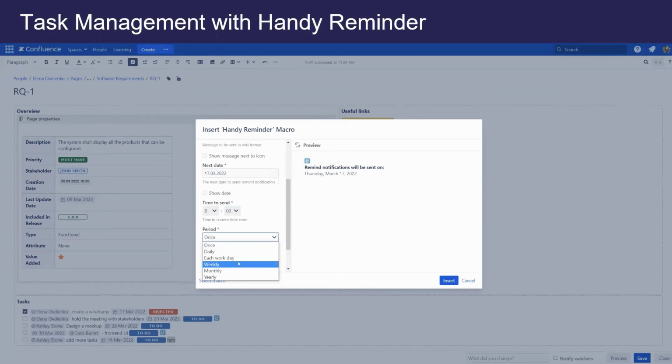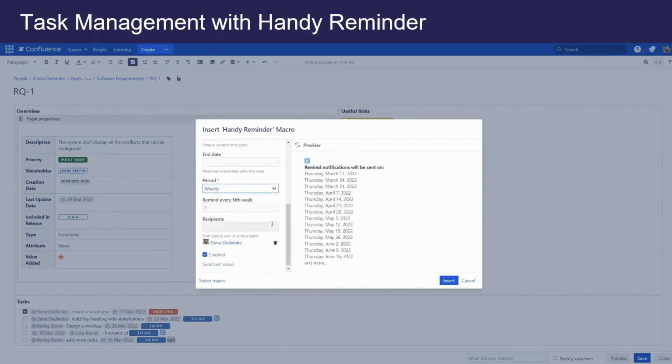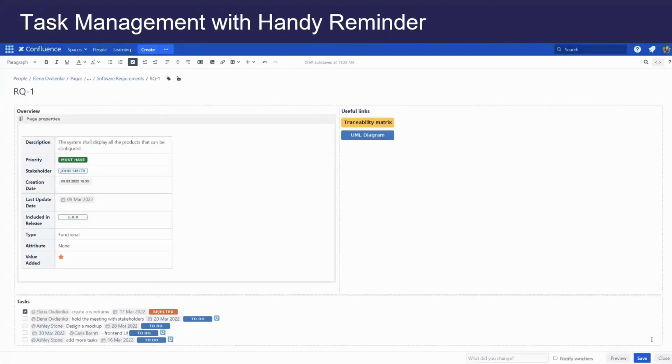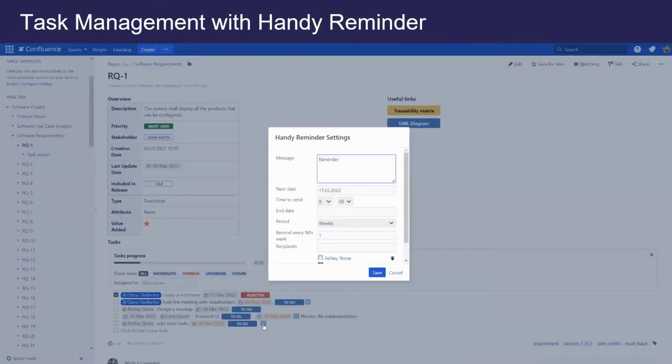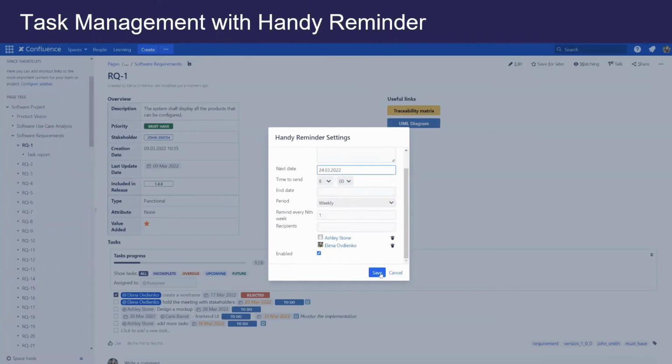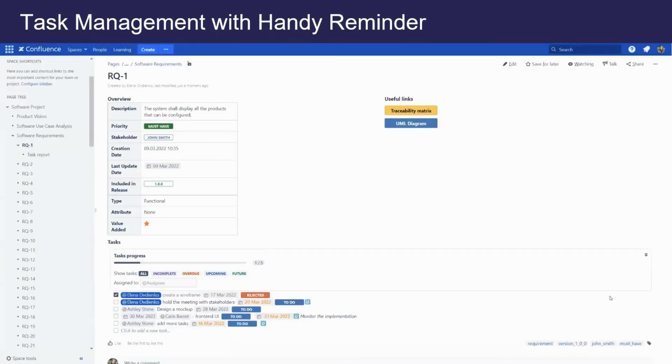So it's quite customizable. You can choose to be sent notifications just once or many times, or have these reminders be sent from time to time. So it's up to you. And the reminder can also be changed from the page view mode. Here you can see all the settings again. You can change the date of your notification, the time, the period for notification, and the person who will be